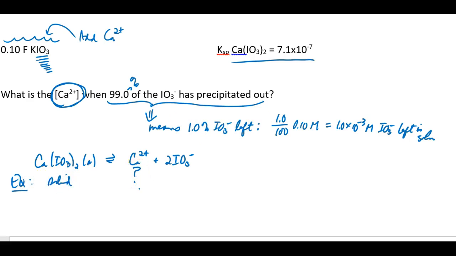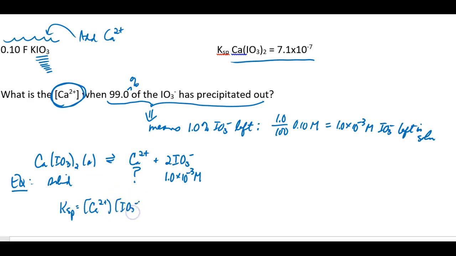What is the calcium? Now 1% left, we figured out that concentration for iodate, that's 1.0 times 10 to the negative third molar. So Ksp is going to be calcium